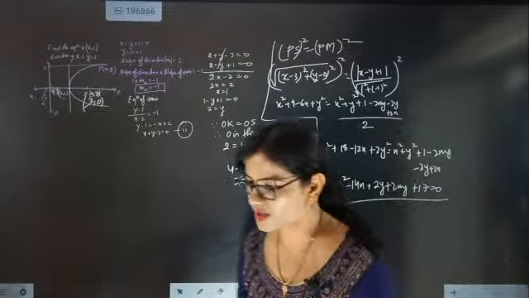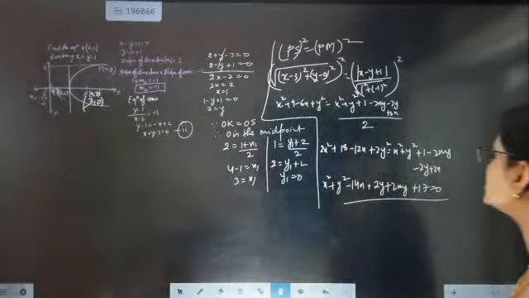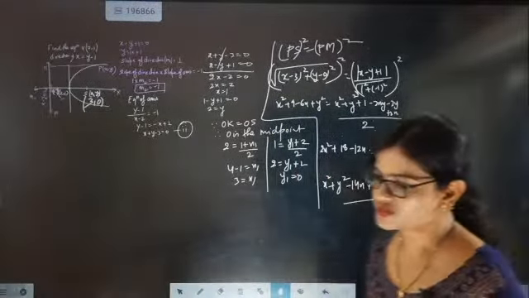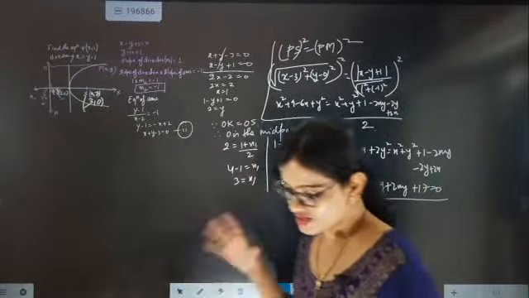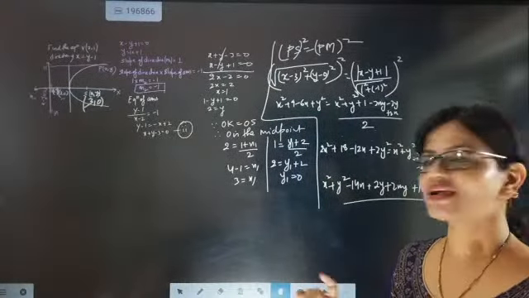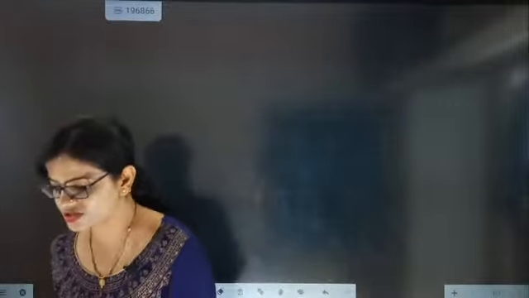Fine. Correct only. x square plus y square minus 14x plus 2y plus 2xy plus 17 equal to 0. Fine. This is not the end of this question bank. Question bank is more. Today the question bank is full of stupid questions, so there you have to apply your brain. Now the next question is, this time you have to find the equation of the parabola. I'm reading the question out.